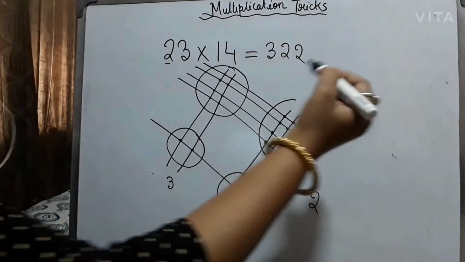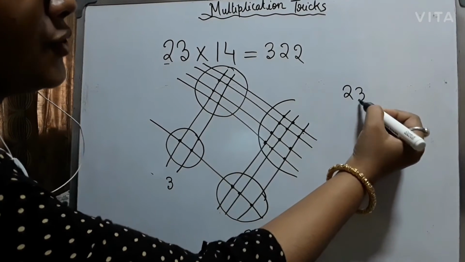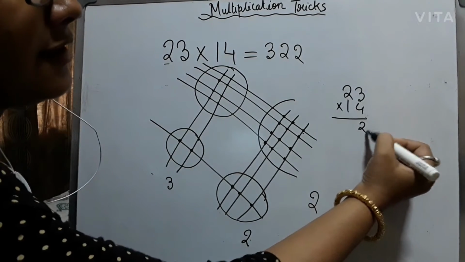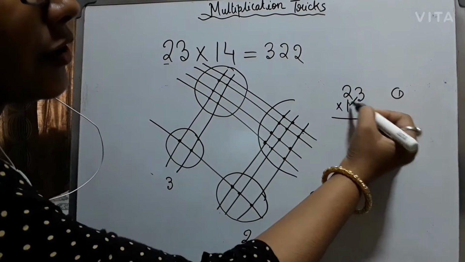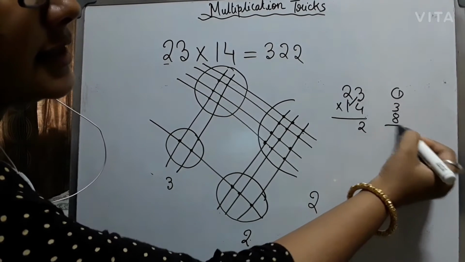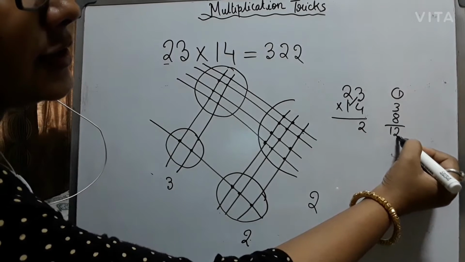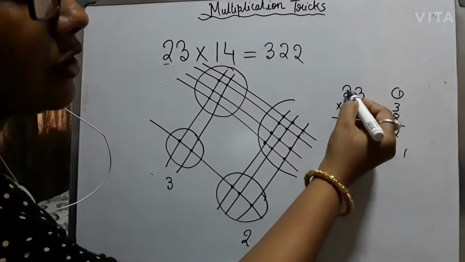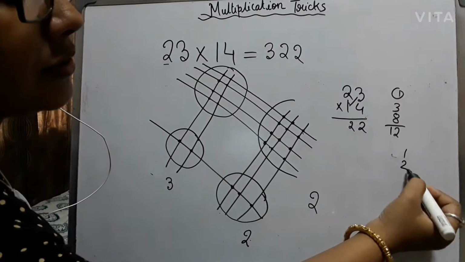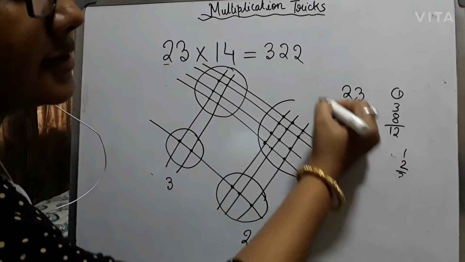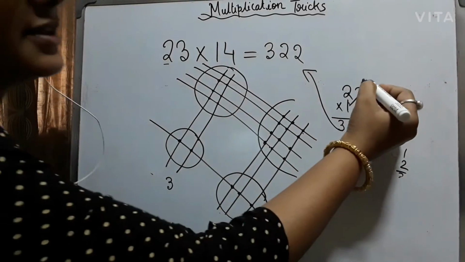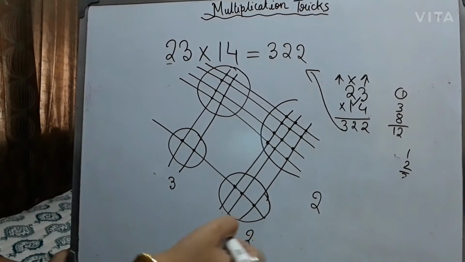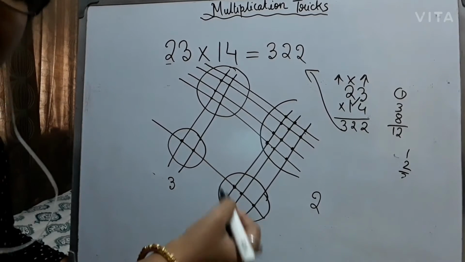You can recheck it by using a calculator or by using the method which I have shown you before. 4 into 2, 8... 4 into 3 is 12, carry 1, cross 3, 8, 12, again you write the 2, carry 1 will go, 2 into 1, 2, 3. Yes, same answer. So you can do it this way also.